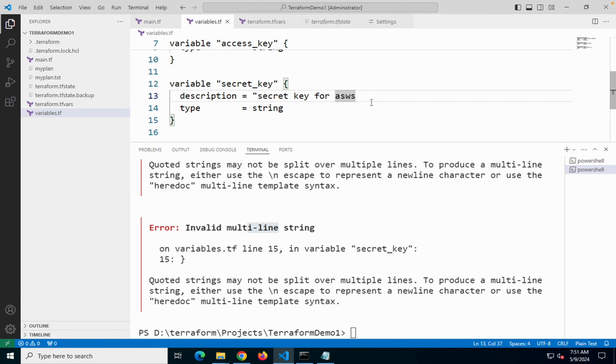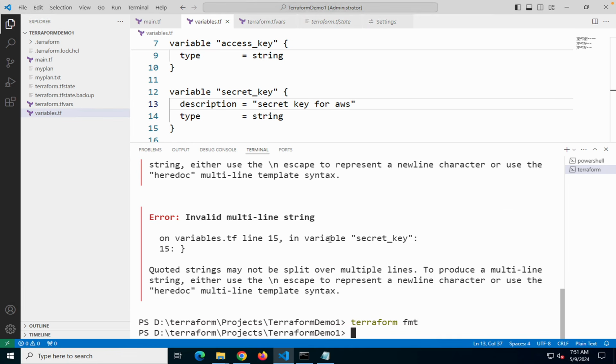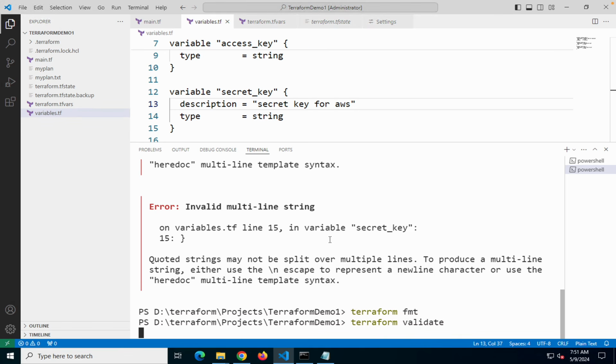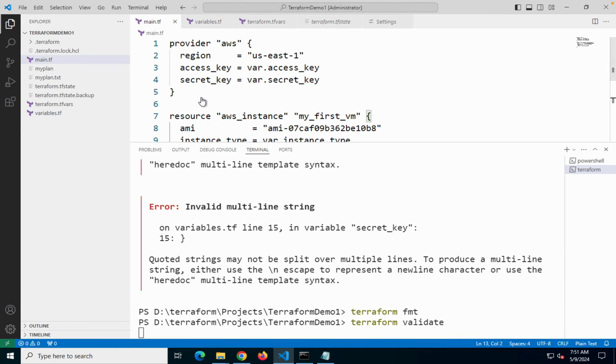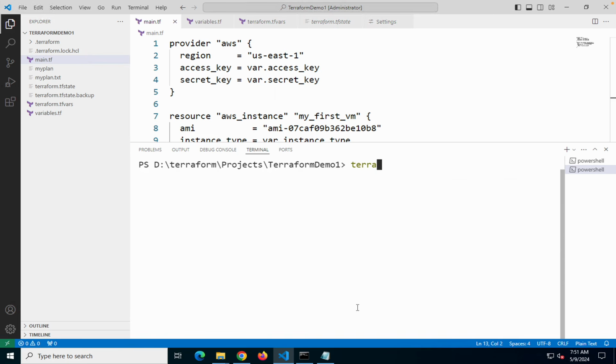Okay, I think I forgot to close the quotes here. So it can be useful if you run these commands: terraform format and validate. Yes, everything is fine. So I will run terraform apply,